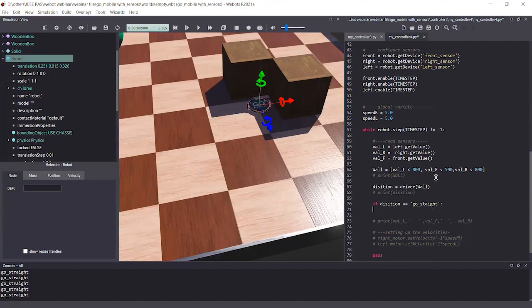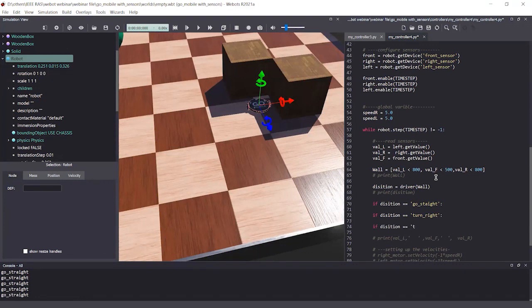So what will we do if the driver's decision is turn right? Turn right. It goes to the C language, and here if the driver's decision is turn left.